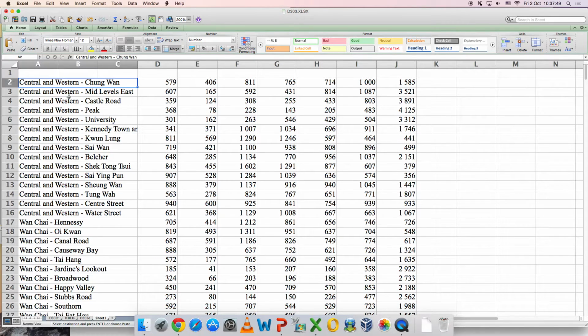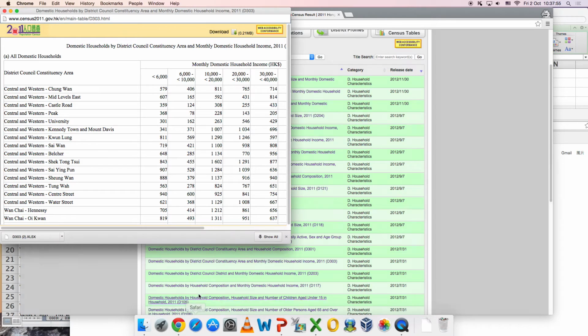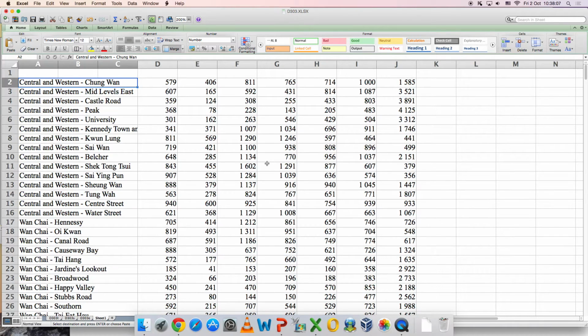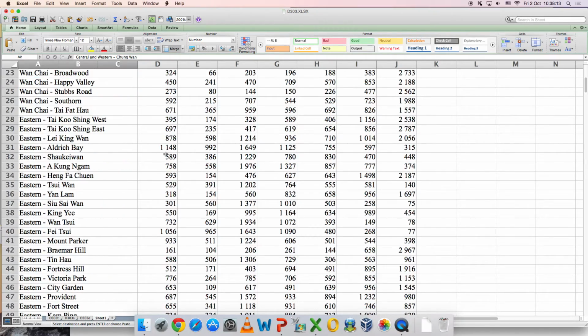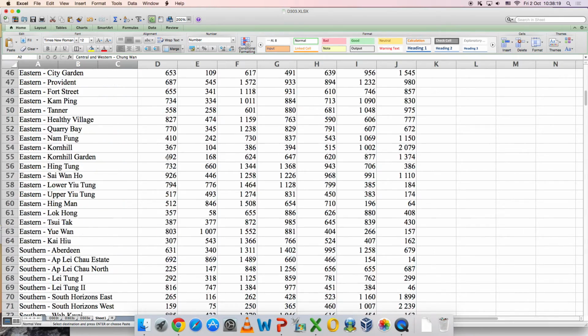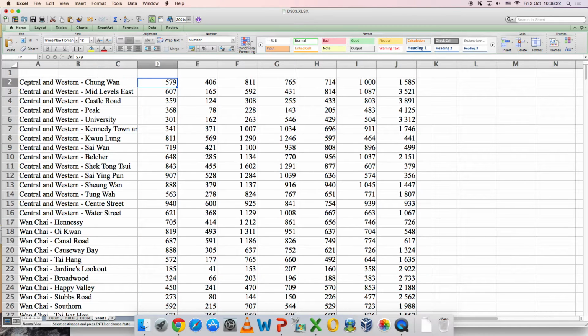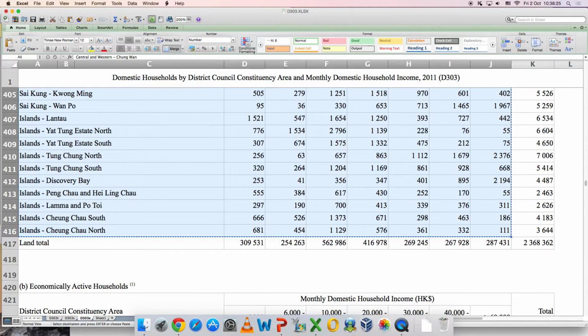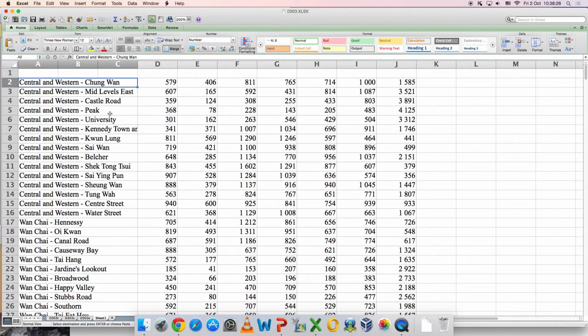The first step is to D303. It's like from A5 to J416, right? Yeah, 416. And then you should have something like this,